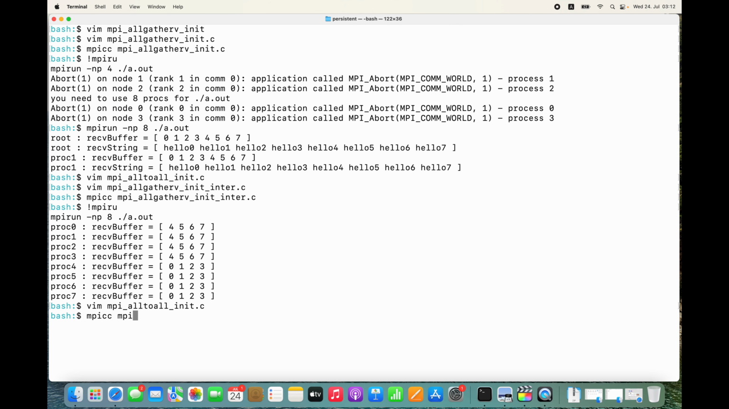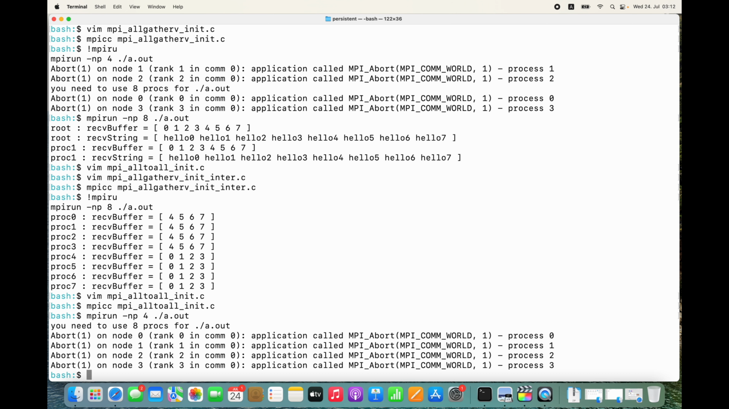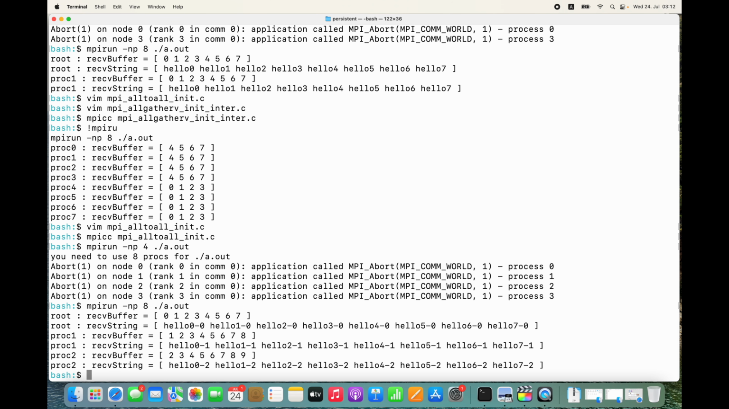So MPI CC MPI all to all init.c, mpirun minus np 4 a.out. Oh, it says we have to use 8. Yeah, this is what we get. And in the case of MPI all to all init,